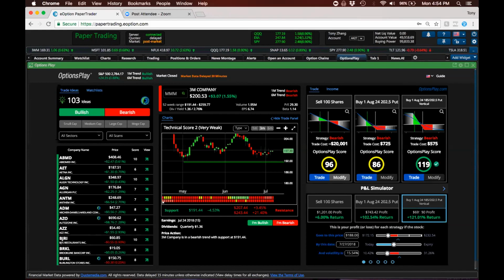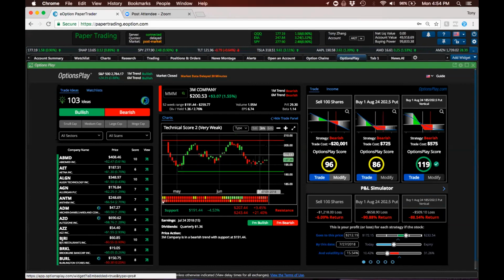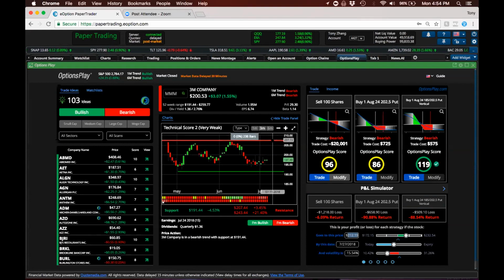Okay, so then you can ask yourself, how bearish am I on 3M? How much lower do I think the stock's going to go? Like I said, this really allows you to create different scenarios and see exactly for yourself what your expected profit and loss is, so that you could definitively say which strategy is best suited for you. And conversely, what happens if the stock takes off? What happens if it beats on earnings and goes back up to this 205, 206 level here? What is this, 207 or so? So what happens if the stock beats on earnings and goes back up to 207? As you can see here, I'd lose about $700 if I had shorted the stock. I lose $548 if I bought this put.